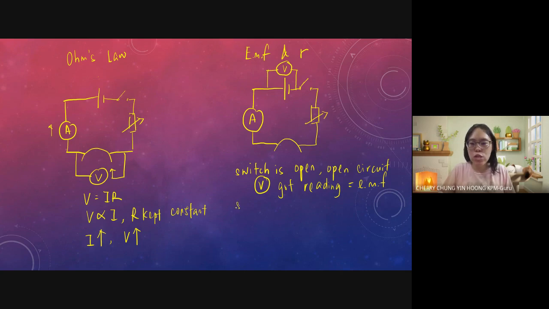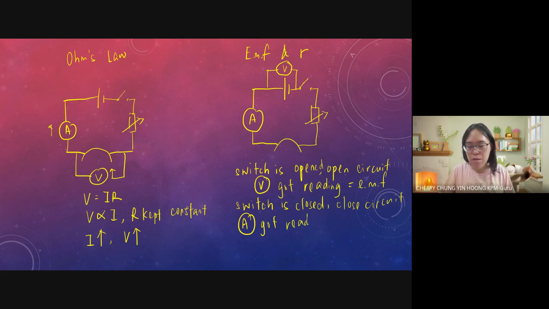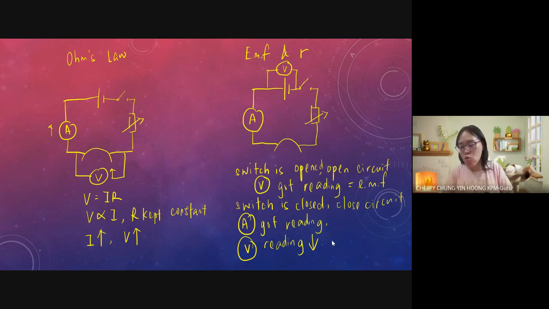Okay, when the switch is closed, okay, it is a closed circuit. 你就会发现到你的 ammeter 是有 reading 的。However，你的 voltmeter 你的 reading 会 drop。OK，为什么呢？因为你要记得那个 battery 的 voltage 是 supply to the circuit 的。当你 switch is closed 的时候，OK，它是一个 closed circuit 的时候，你的